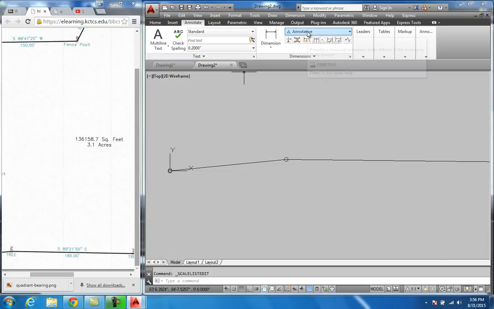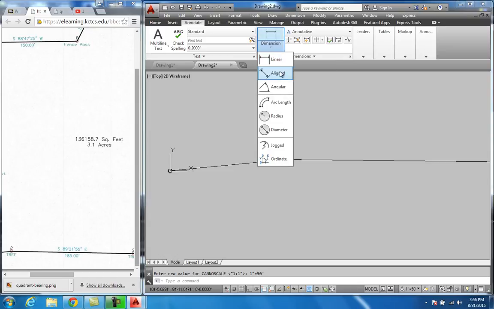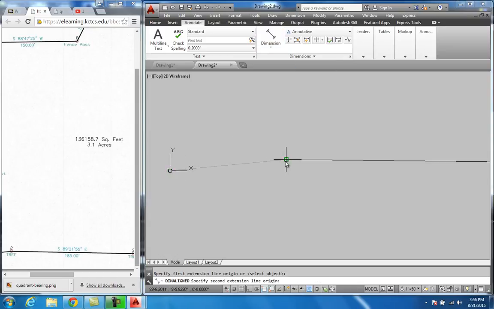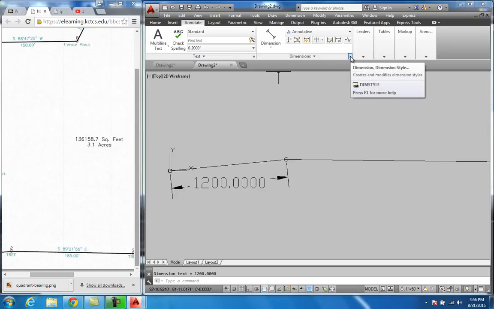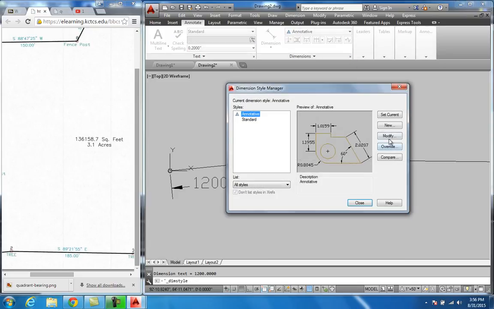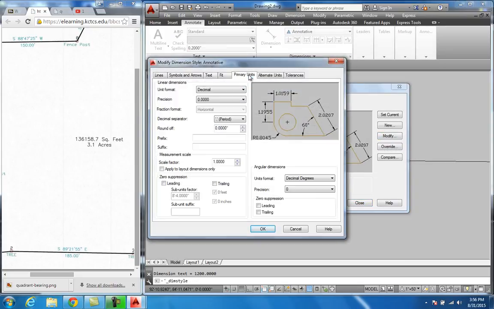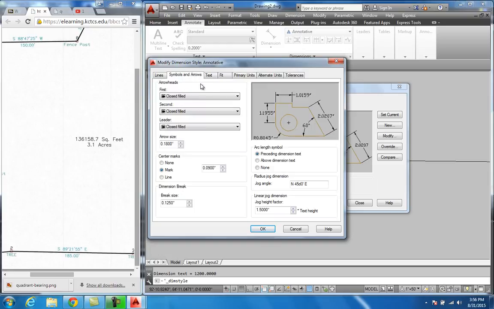Now, with that annotative on, I would come down here and do 1 inch equals 50 foot, and I'm hoping this is going to turn out okay if I do an alignment on it. And again, that's in inches, so I'll come back up here to dimensions in the annotative, the dimension box, and I want to change that to modify primary units. I want to be in engineering, and you see how this is on here, it's got the arrows and things. If you'll look over here, it doesn't have all that. You can actually